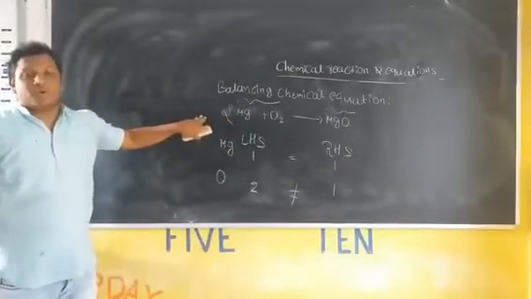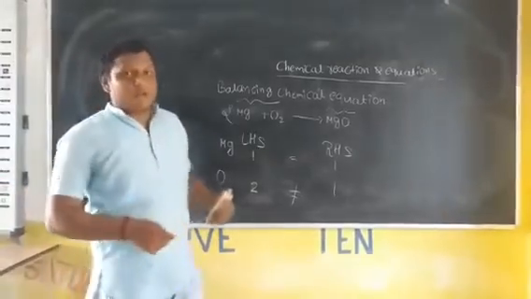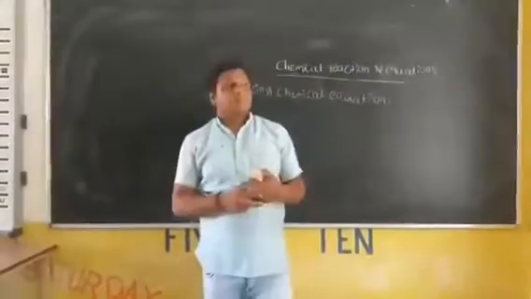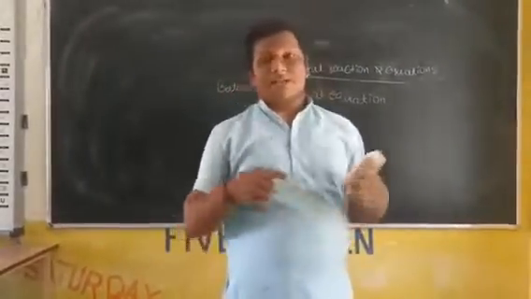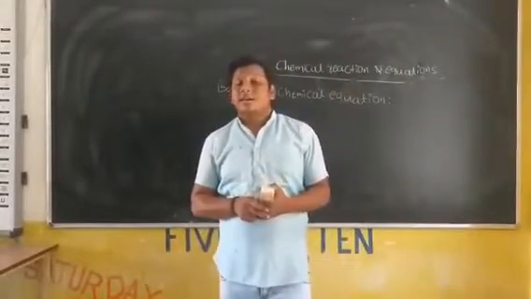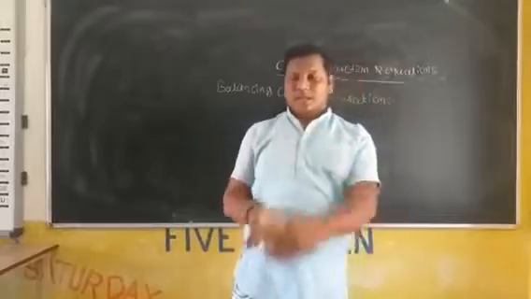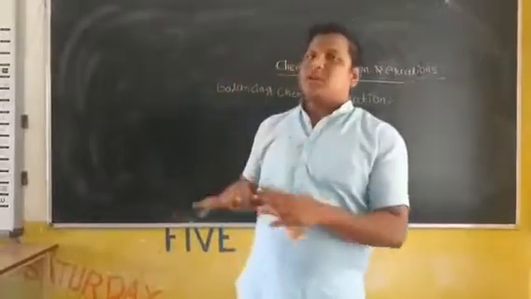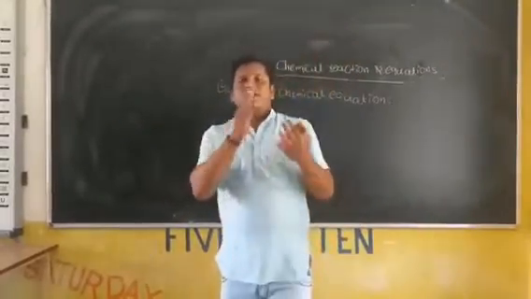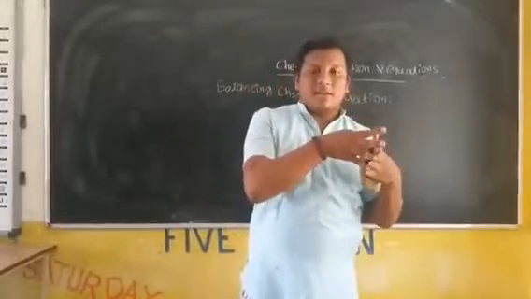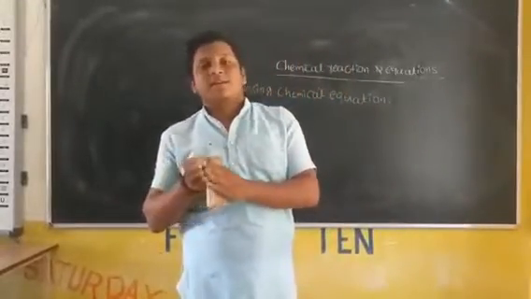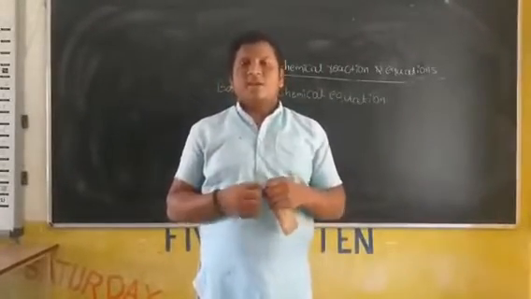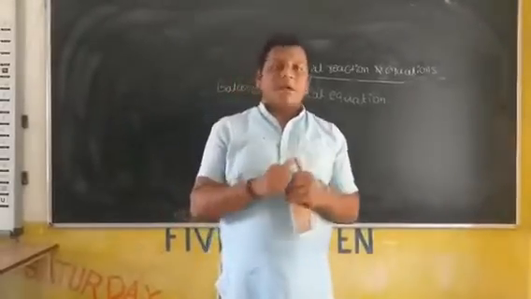You should balance all equations, because we know the law of conservation of mass. Okay, what is the law of conservation of mass? According to the law of conservation of mass, mass can neither be created nor destroyed, but it can convert from one form to another form. According to that, mass on the reactant side should be equal to the mass on the product side. If it is imbalanced, it is not a valid chemical equation. To obey the law of conservation of mass, we should balance our chemical equations.